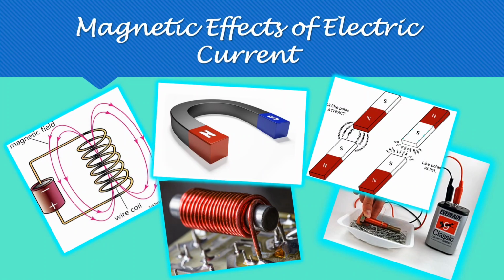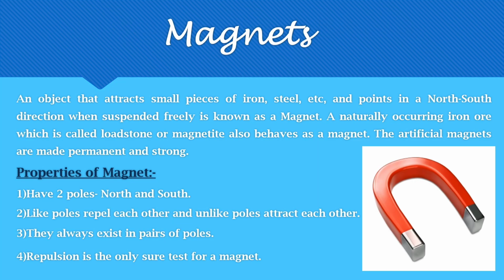So in this video, we are going to see the magnetic effects of electric current. First, we want to know what a magnet is. A magnet is an object that attracts small pieces of iron and steel, and when it is suspended freely, it points